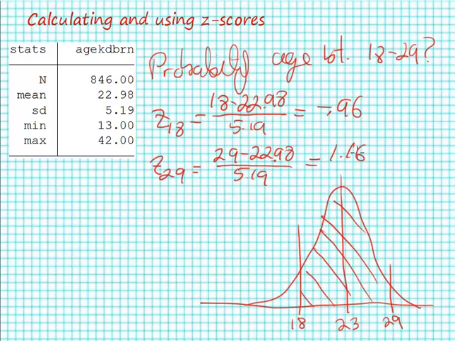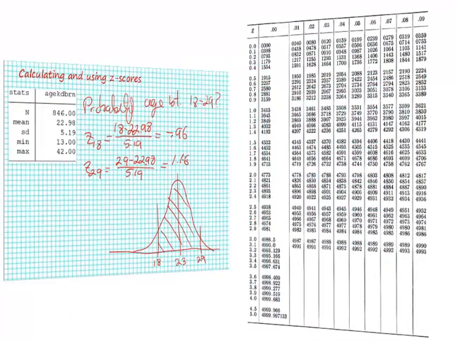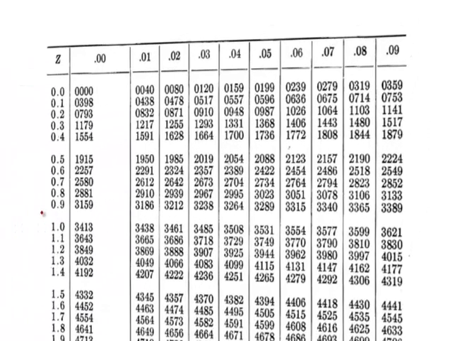Now I need to turn to the z-table, which you can get online or find in a statistics text, and look up the associated areas under that distribution. I have two z-scores to look up in this problem, a z-score for a person 18 years old and a z-score for a person 29 years old. Respectively, the z-score for 18 is minus 0.96, and just reading directly from the table, I see that value is 0.3315, and the z-score for a 29-year-old woman